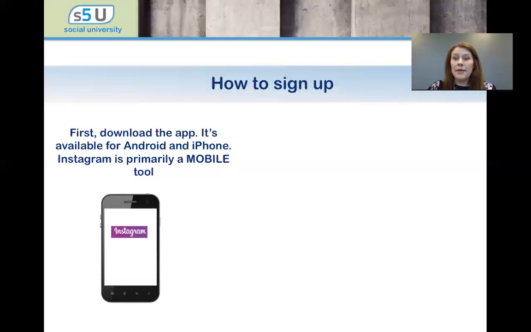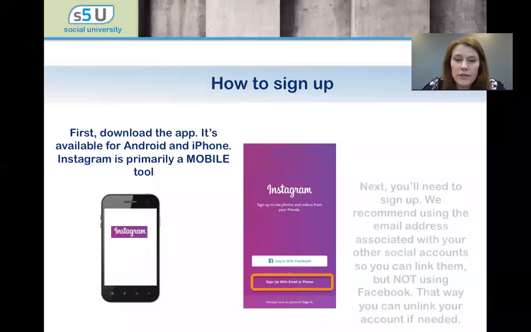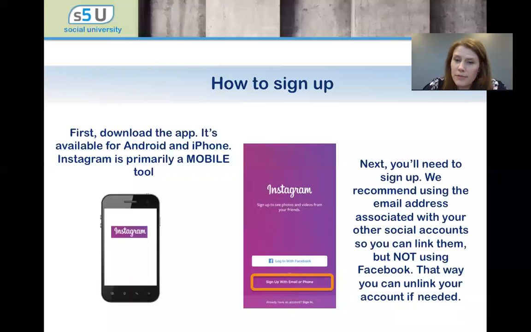You probably want to use a company phone, or someone, if you're the business owner, or somebody that has access to the company social media accounts. That's something to be thinking about. So you go ahead and download the Instagram app, and you'll see this come up. It'll say sign up to see your friends' photos and videos. Now it gives you a couple options here.